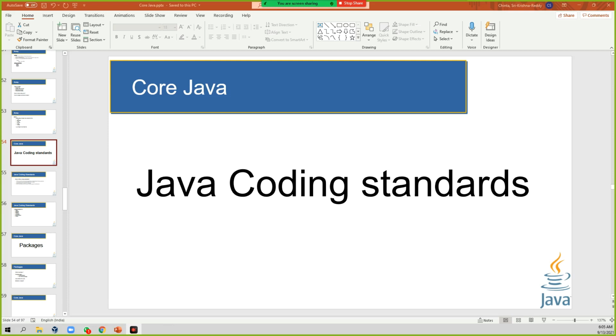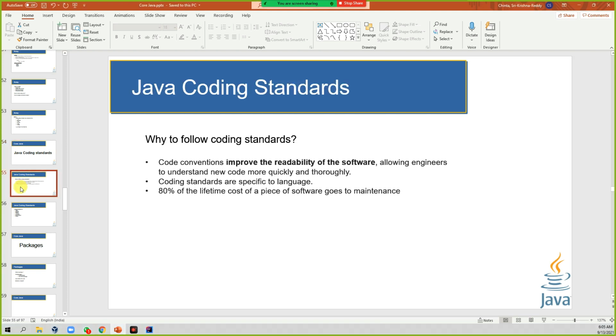So today we are going to see Java coding standards. Why is this Java coding standard required, and how can we apply it when you are going to write any Java class or method, variable, anything? So how can you do that? What is the use of it? Why should we write it? Those things we are going to learn today.